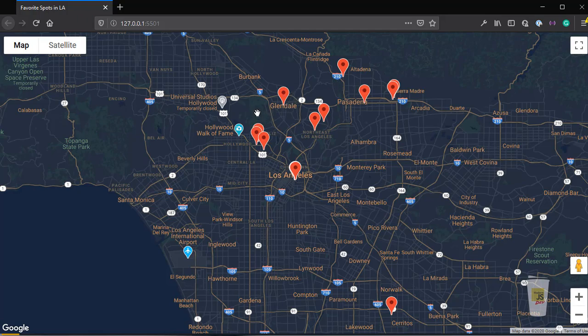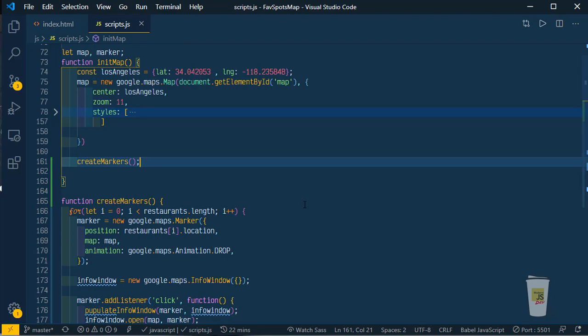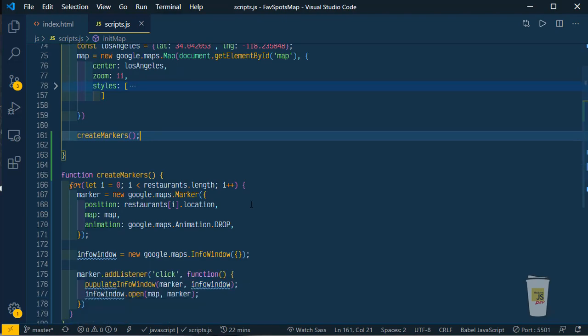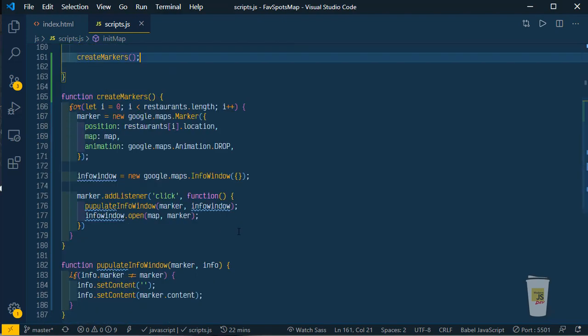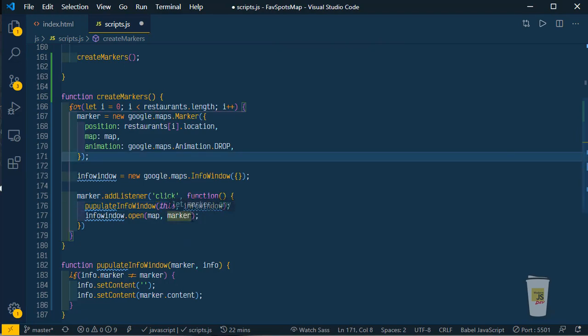Okay, so one thing we need to change, and the reason I didn't change it, I need to explain briefly what's happening. So this marker variable is in the global scope. One way, and I won't go into details, would be to add this as... okay, so this is a keyword,